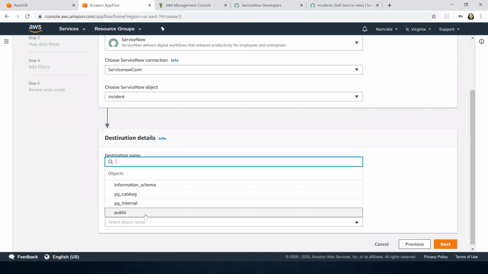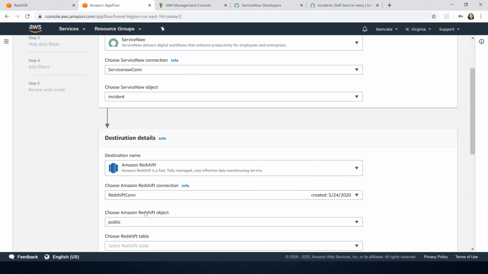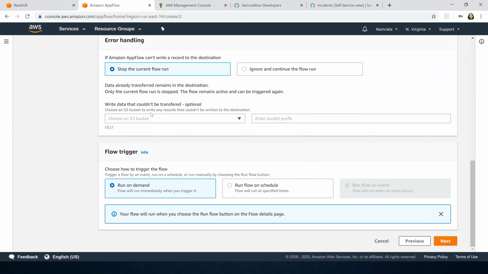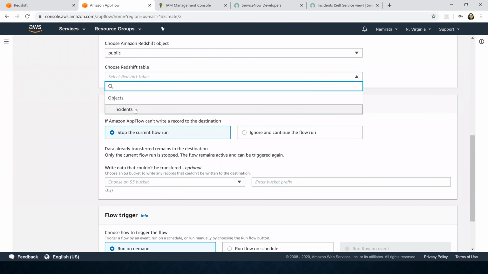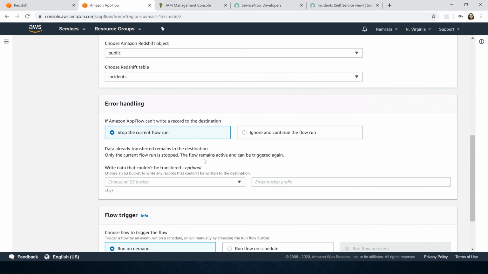So now choose your connection. Now choose your schema. Our schema was public. And then go ahead and choose our Redshift table. Our Redshift table was incidents right there. On error, what should happen? We'll just say, stop the flow and write data that couldn't be transferred to the S3 bucket. So this is our S3 bucket, right?